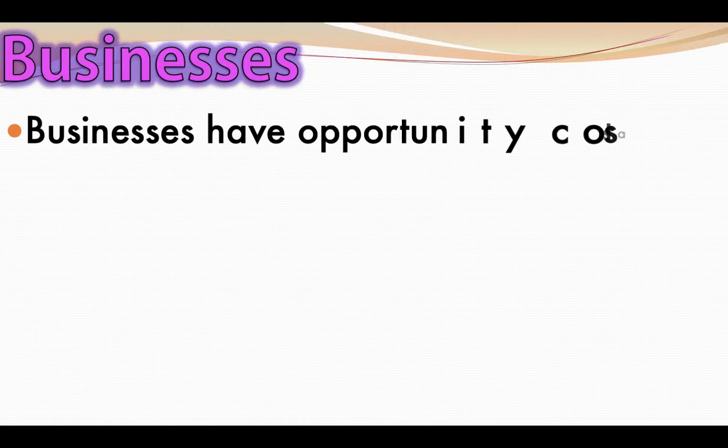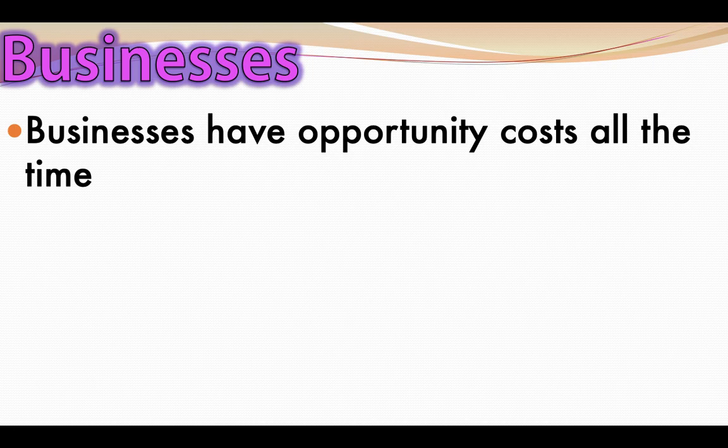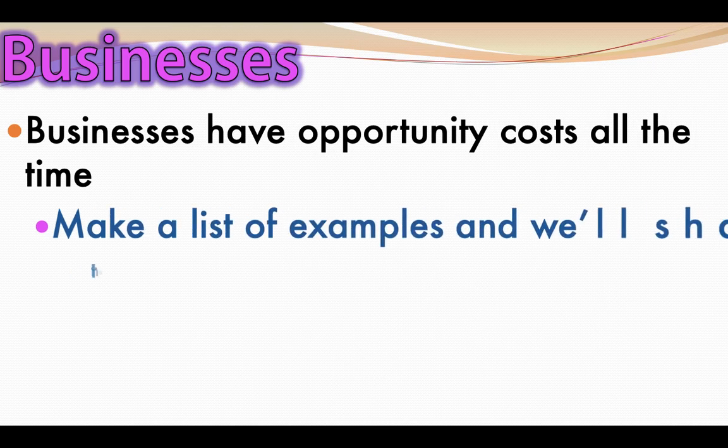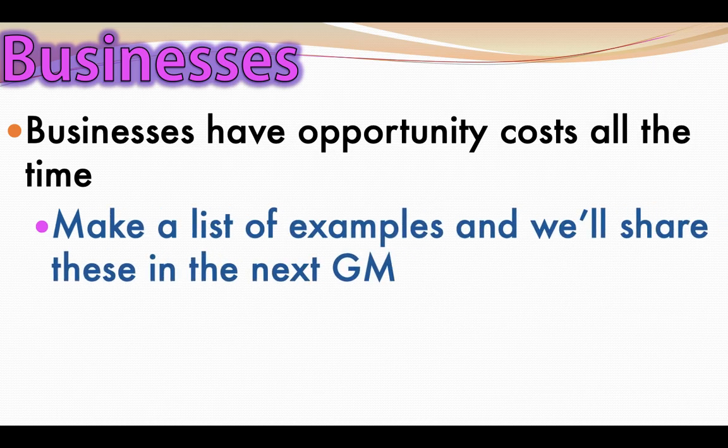Okay, so final bit then, and I'm going to leave you to work on this and we'll talk about it in the Google Meet. So obviously businesses have opportunity costs all the time. Every single day, a business has to make opportunity costs. They have to give things up. So what I'd like you to do is make a list of examples of opportunity costs, choices, decisions and trade-offs. A trade-off is very similar to an opportunity cost. It's what you give up. You can think about CSR, like we've just been talking about. There's definitely trade-offs with CSR, so that's a good starting point. And then see if you can come up with another 5 or 6. And we'll share these in our Google Meet on Tuesday, I believe it'll be.